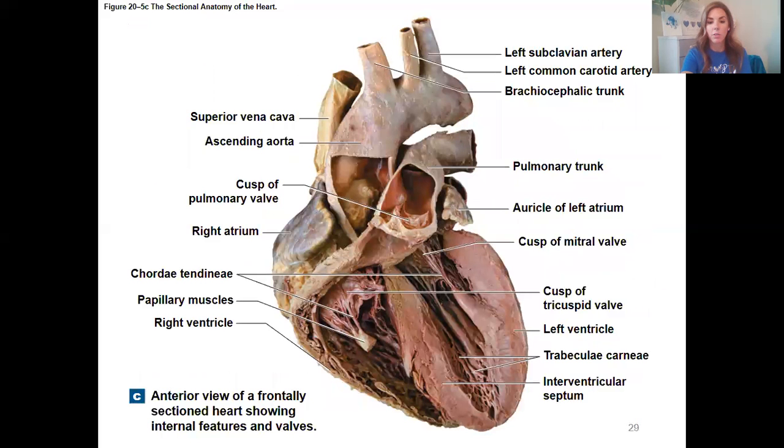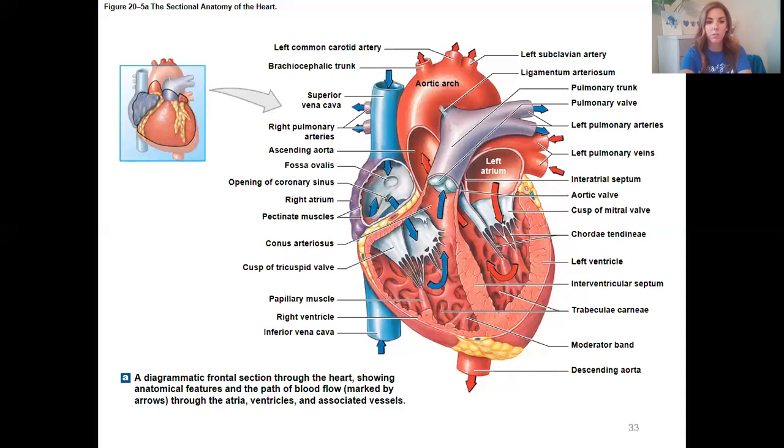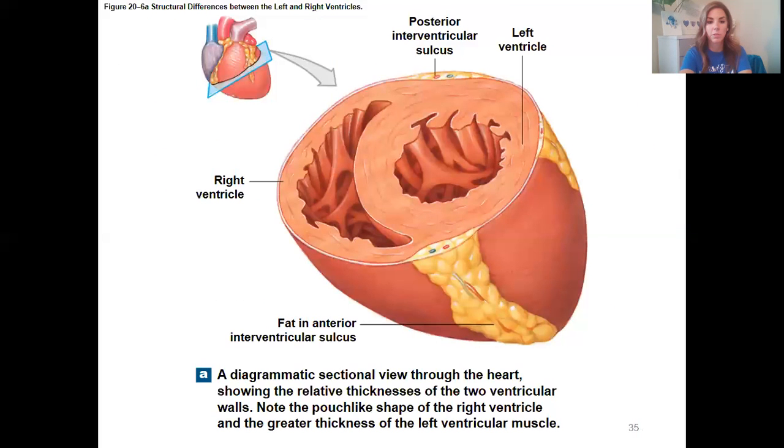All right, so there's a real heart. You would normally be doing a dissection in lab with an actual heart, but now you're just going to have to look at some of the pictures to see what that heart would look like as a dissection specimen. Looks very different from a pretty color-coded drawing. Okay, so let's go into this slide